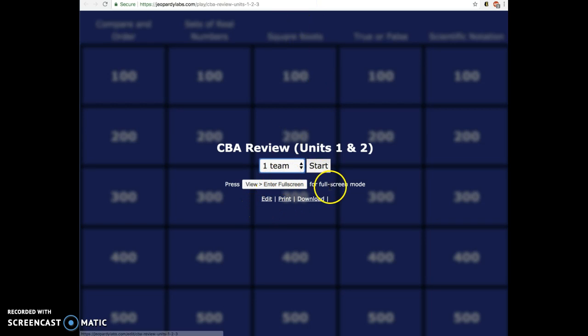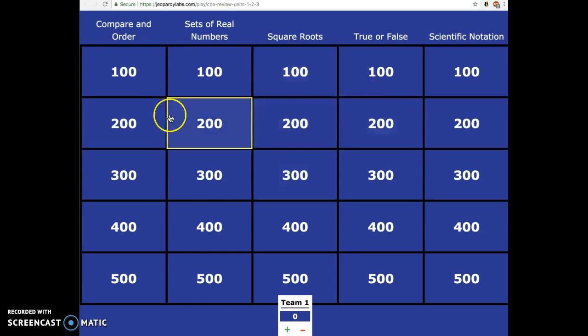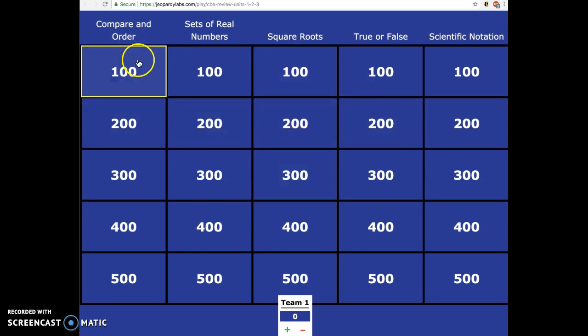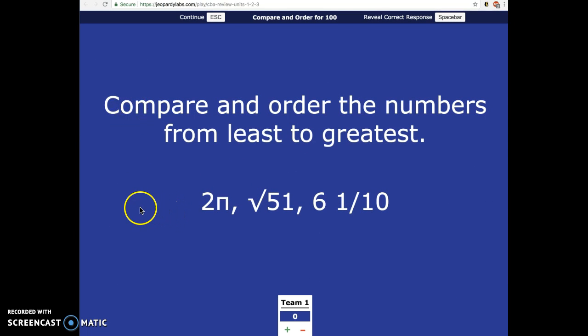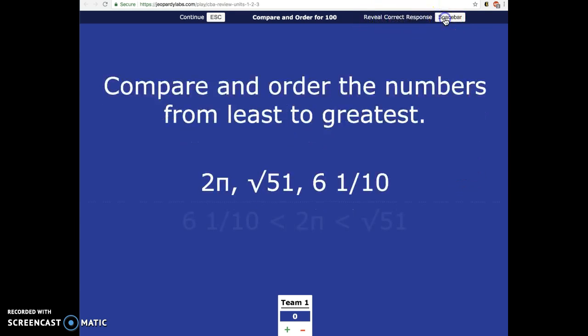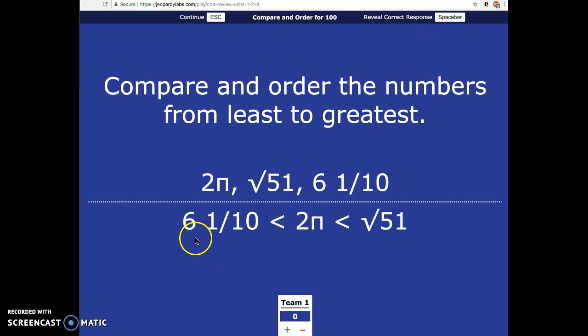So then you can go ahead and click start, and then you can start playing the game. For this one, just to give you an idea of what it will look like, if I say compare and order sets of real numbers, it'll show you the question, and if you want to reveal the correct response, you can hit the space bar or click on that button, and under the dotted line will be your